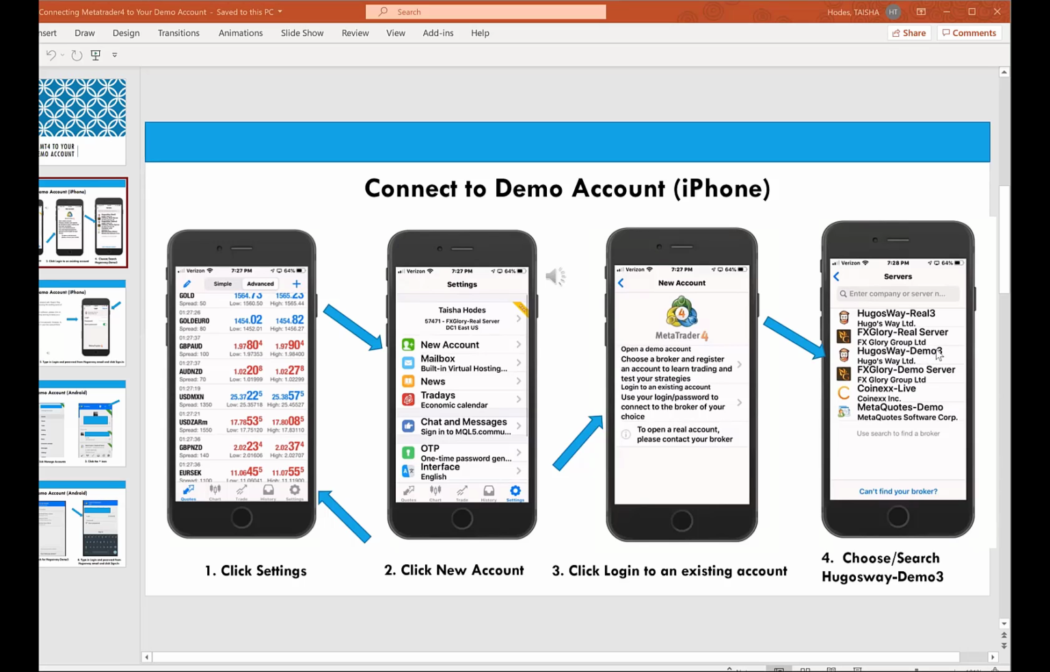For your live account, specifically with Hugo's Way, there are new servers now. So you can see here, Hugo's Way Real 3. There's also a new server as of June or July, Hugo's Way Live. So make sure you or your team member is connecting to the appropriate server, whether it's demo or your live account. Okay, so once you do that,